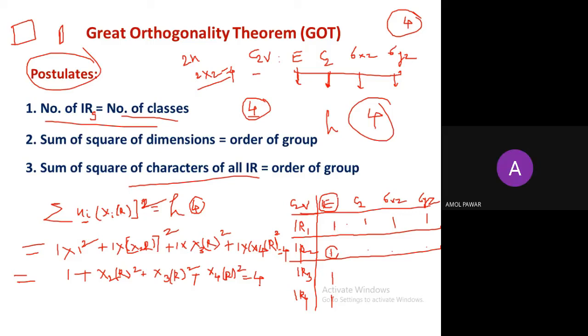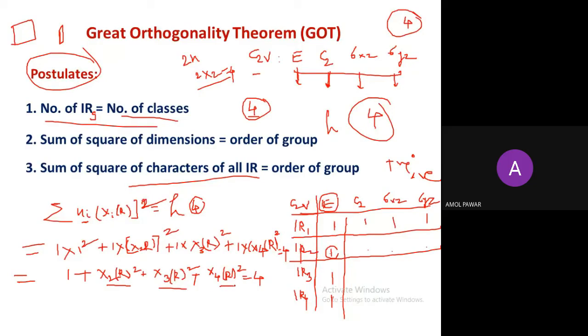Yeah, we have to put 1, but in this identity column, 1 is always positive, because character of identity is always positive. But what about this next C2, sigma xz and sigma yz? These characters can be positive or negative or 0. This is very important. Next, these characters can be positive, negative, or it can be 0. So character 2 can be plus 1 or minus 1, correct? Character 2 can be plus 1 or minus 1.